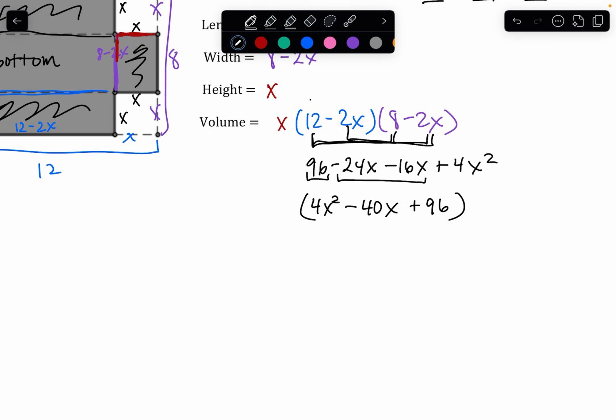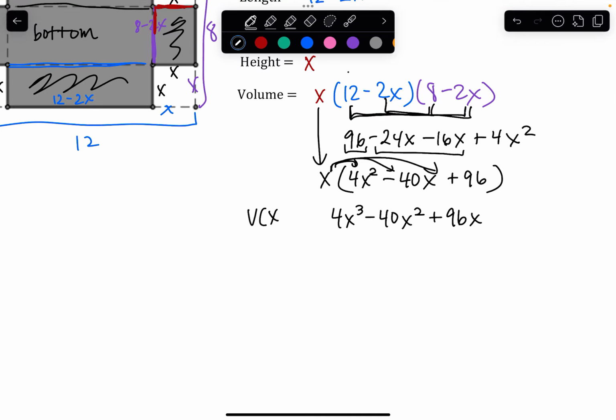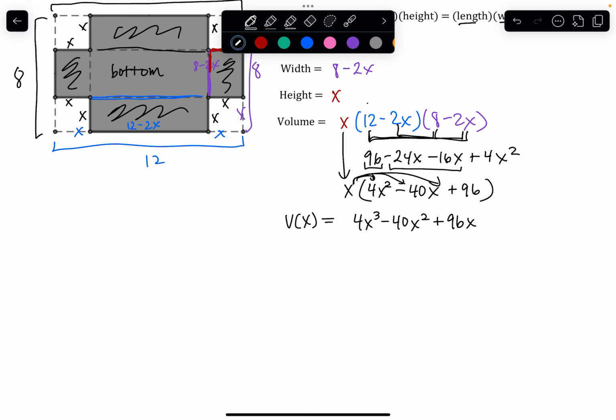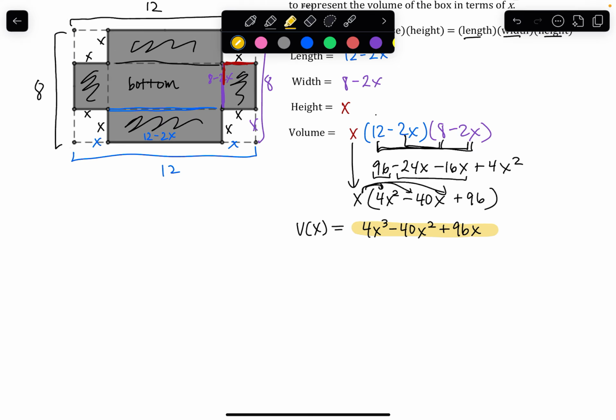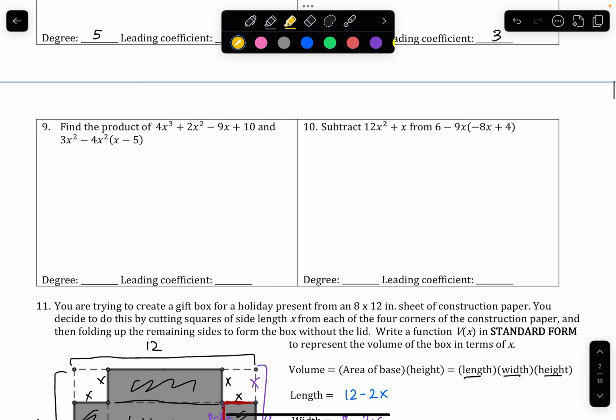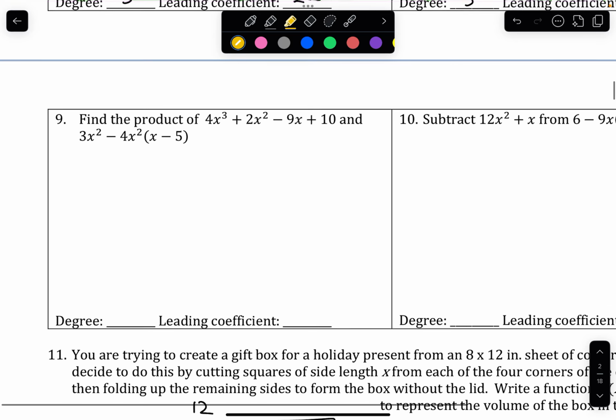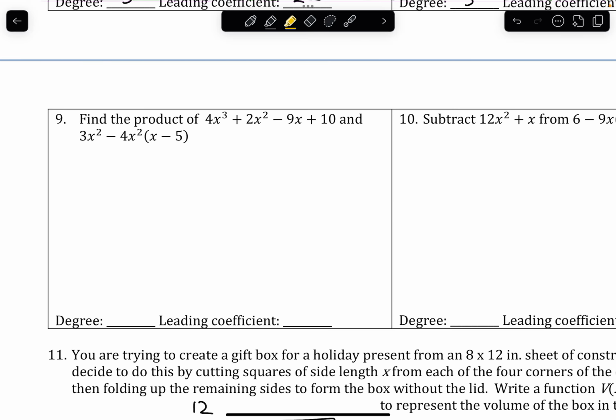And then lastly, just distribute the x to get 4x cubed minus 40x squared plus 96x. Basically adding 1 to each of these exponents as we multiply that x in there. And so our equation for the volume V of x would be this expression here. Okay, and so going back to these more challenging examples, it says find the product, so that means multiply, of